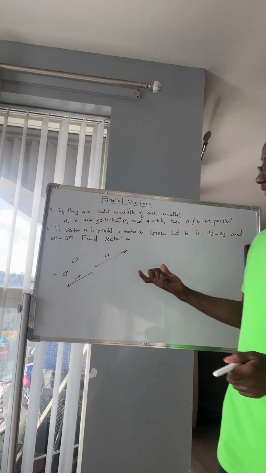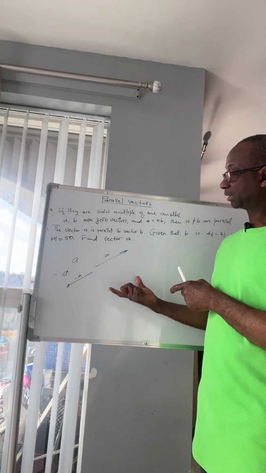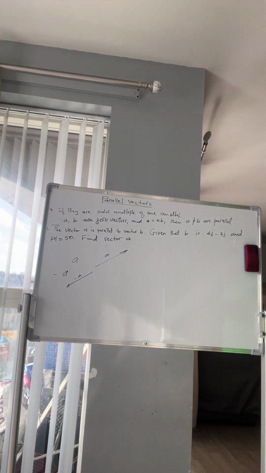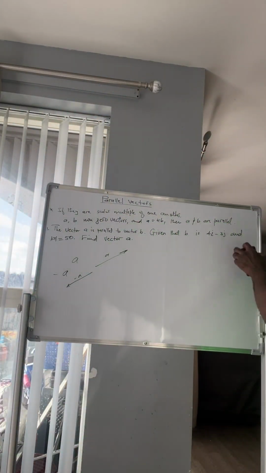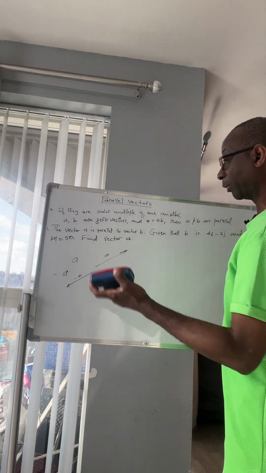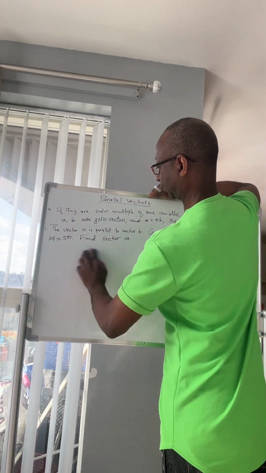They are pointing in opposite directions, but if one is a multiple of the other, then we define them to be parallel. Sometimes definitions are confusing, but when you solve problems, you will get the concept of what they are trying to